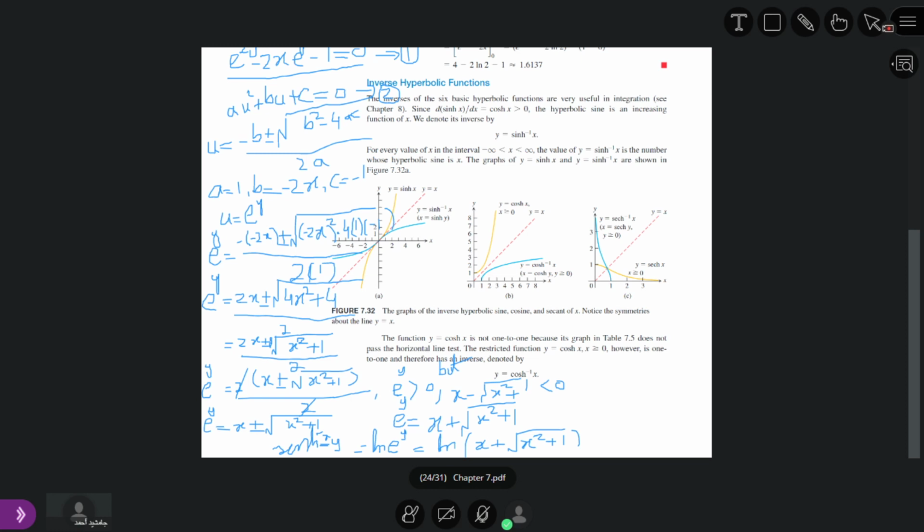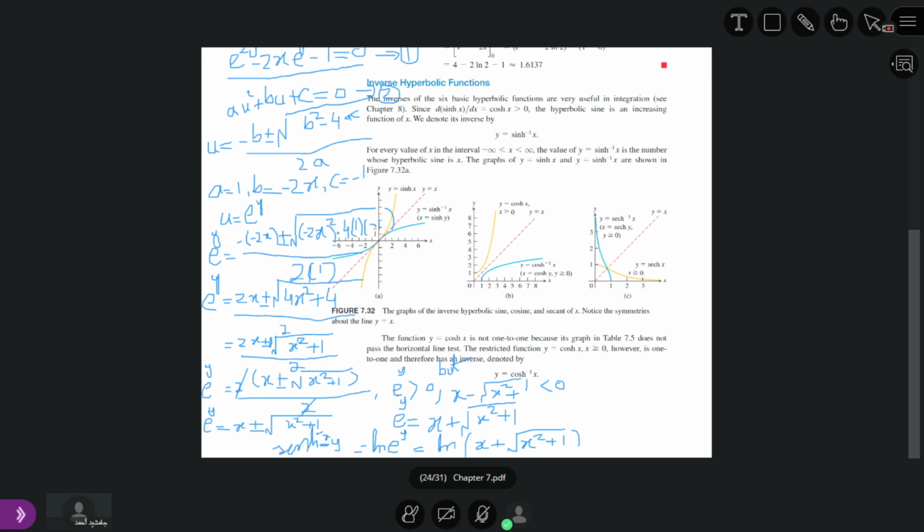After that, we multiply e power y on both sides. So on the left side, e power y into e power y minus e power minus y gives e power 2y minus e power y times e power minus y, which is e power 0. On the right side, 2x times e power y is equal to e power y.